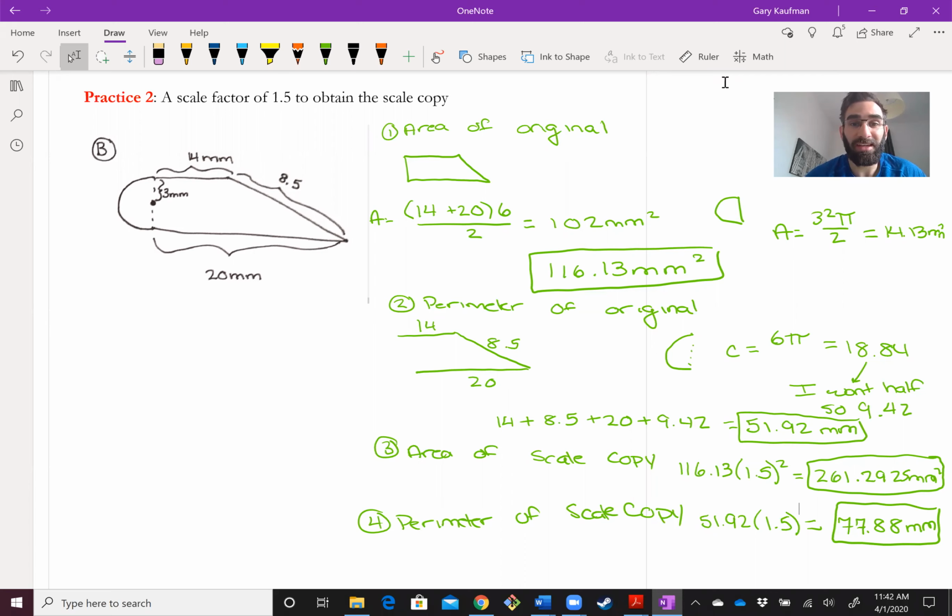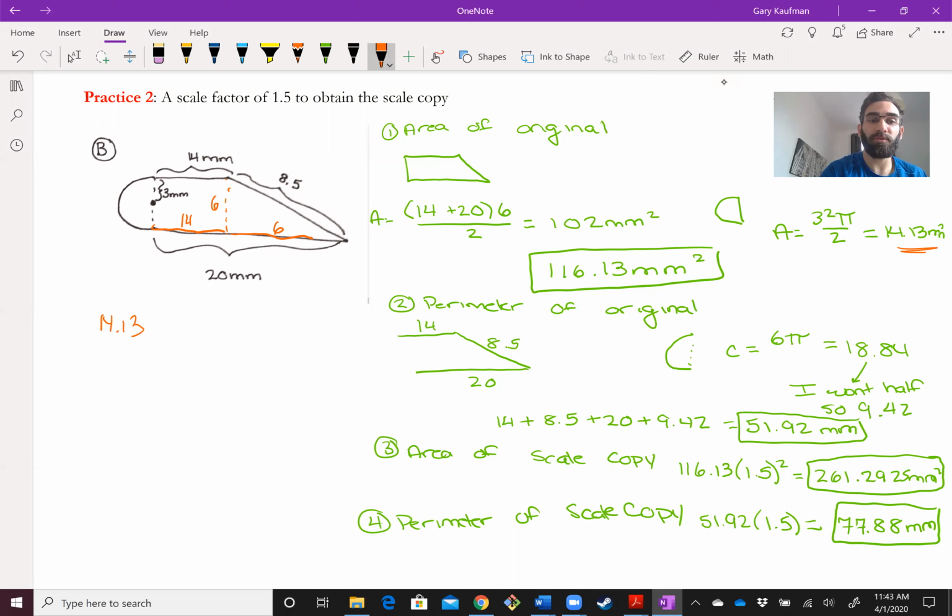So I started by finding the area of the original, which I saw could be broken down into a trapezoid and a semicircle. Now, some of you might have decided to break it into a rectangle, where that orange side is 6, this from here to here is 14, and therefore this is 6, and a triangle. You would have still gotten the same area because you would have done the semicircle, which matches this right here,